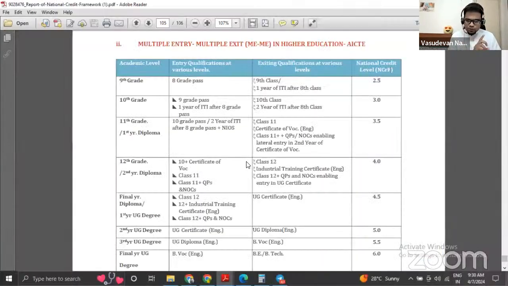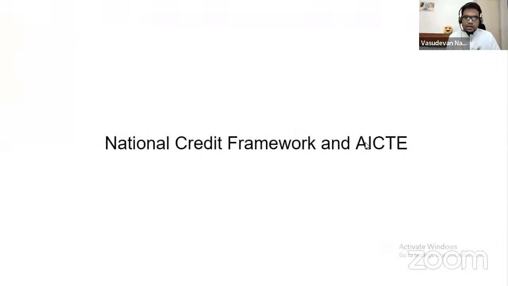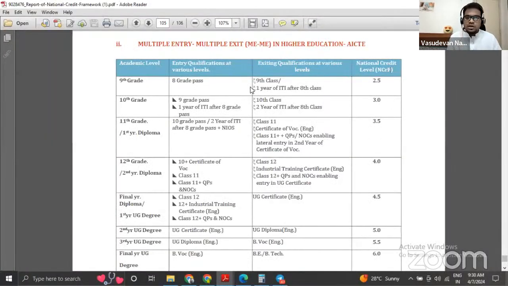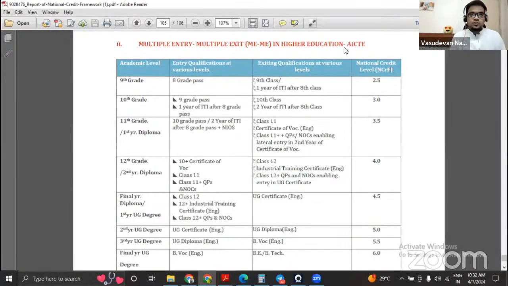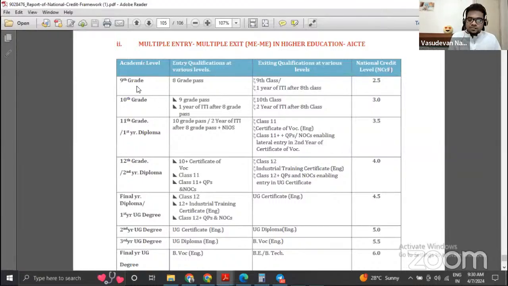But let me show you the National Credit Framework and AICTE. So this is the most important according to us. You can see that according to AICTE, students even in school should be allowed to take a break from school. If they really want to learn something at their age, let them go and learn it. There should be a provision to learn. So in 9th standard, basically academic level 2.5, you should be an 8th standard pass student. You will be allowed to take a break of 1 year, and in that 1 year you can do